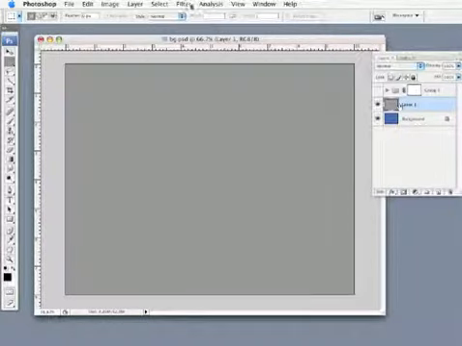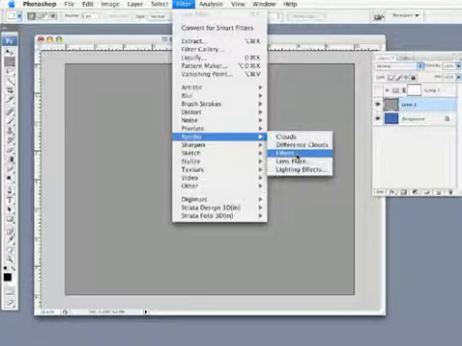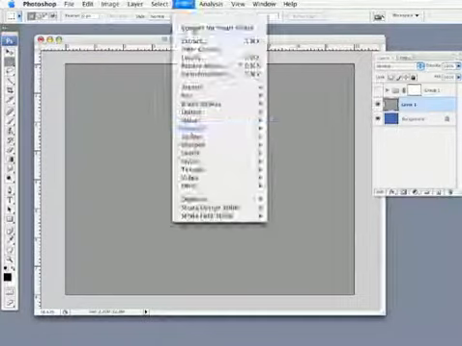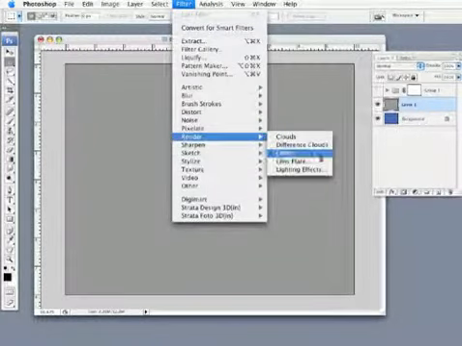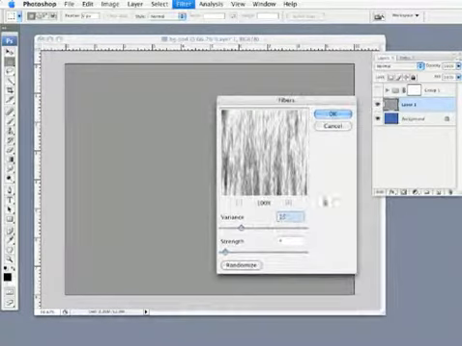Next, I'm going to go under the Filter dialog down here to Render, Fibers. Now, before I do that, I want to make sure that my foreground and background colors are set to their default black and white, as they are right here. Go under Filter to Render, where is it? There it is, Fibers. And I'm just going to leave the settings as they are, 16 and 4,